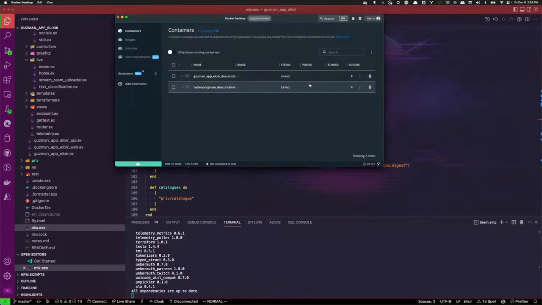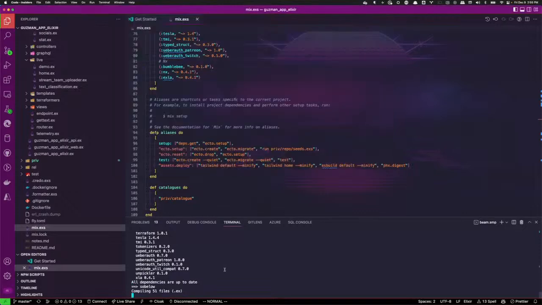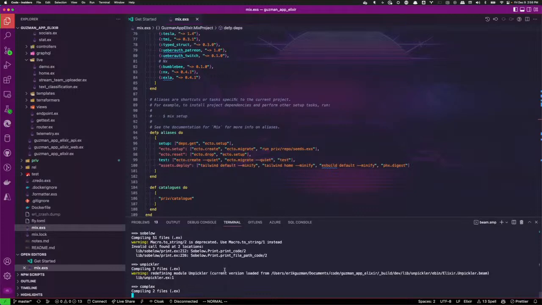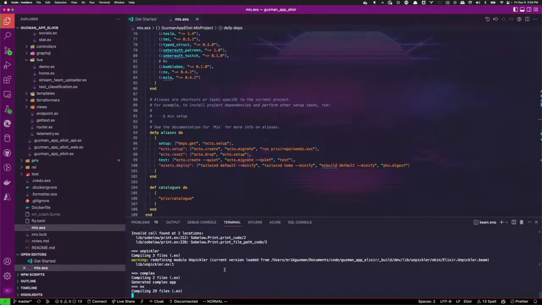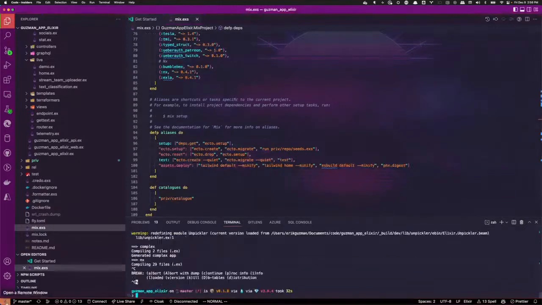Docker is running now, so maybe we can get away with this. Let's just cancel this. I think if it fails and we need the database, we're going to have to restart this anyway, restart the build process and all type of stuff. So let's just